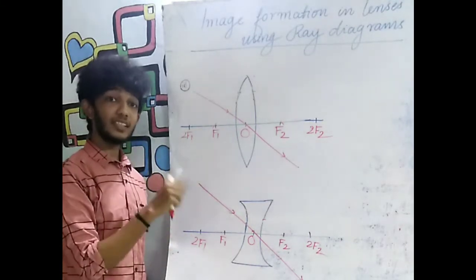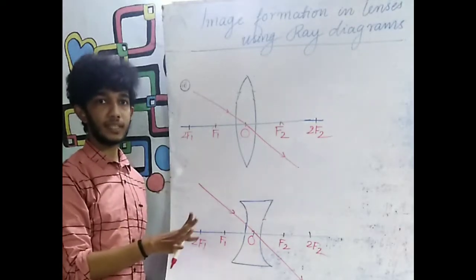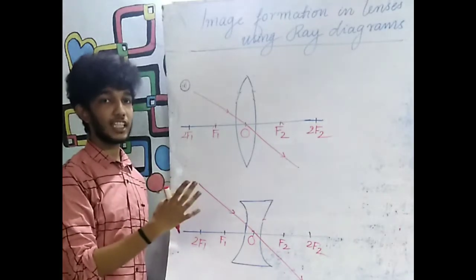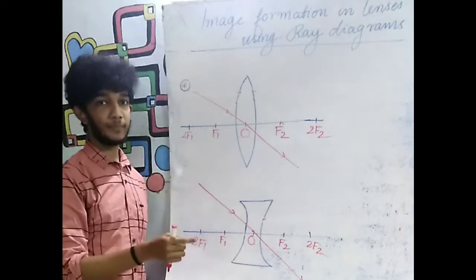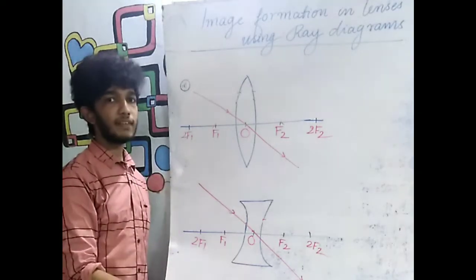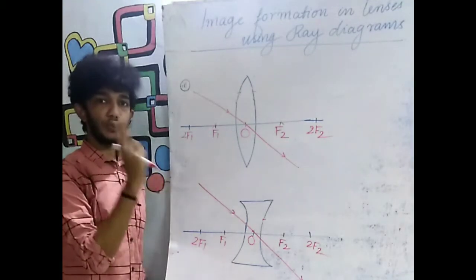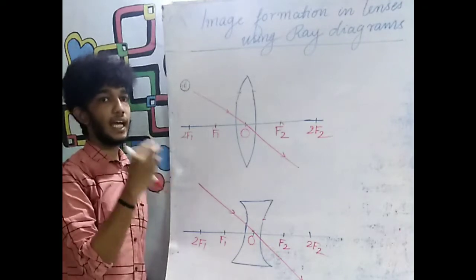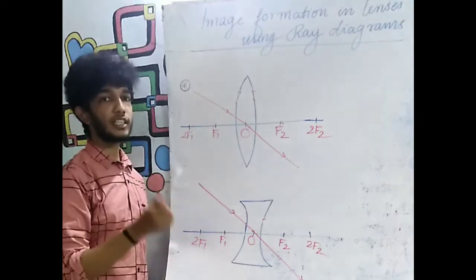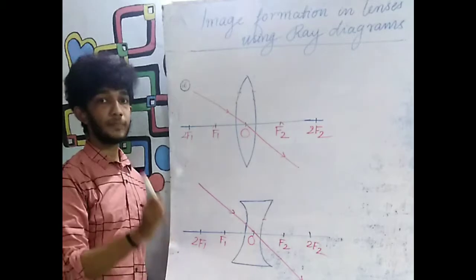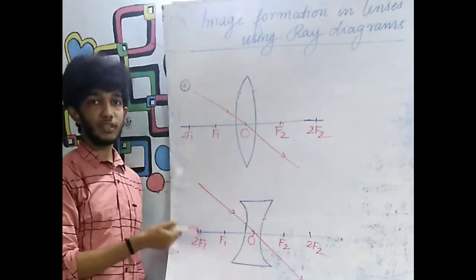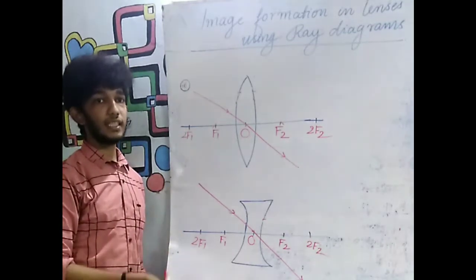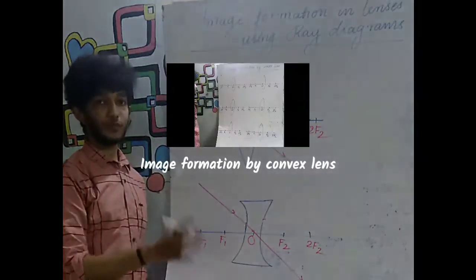About these things we have discussed in the case of concave mirror. Am I right? So here we have these cases in the case of convex lens. Similarly, in the case of concave lens, we shall have only 2 different positions of the object, and the peculiarity is that the concave lens always forms a virtual and erect image of the object. So let us discuss each case one by one.